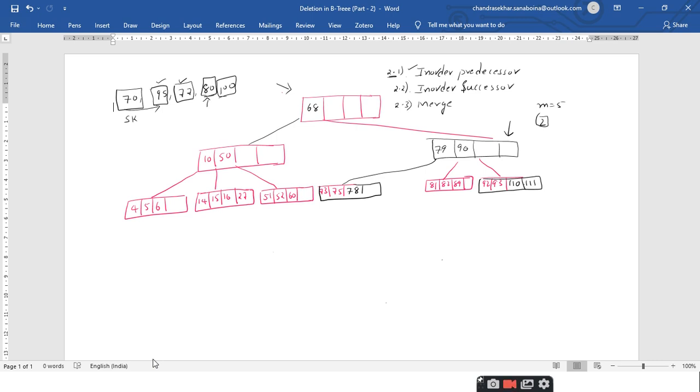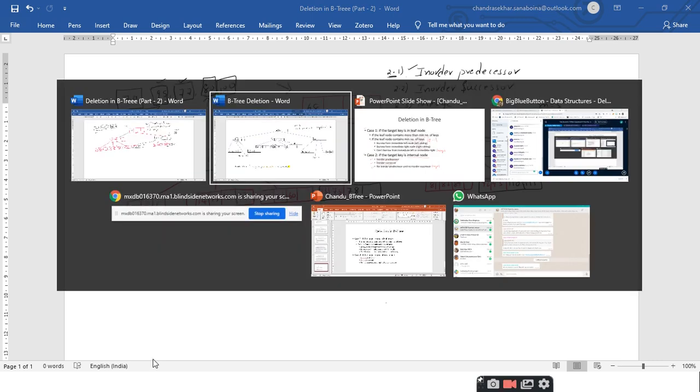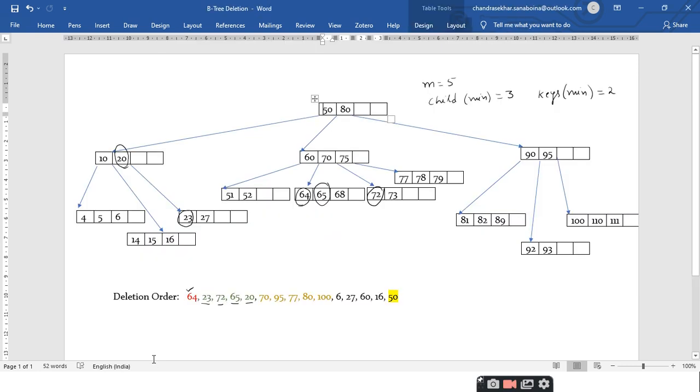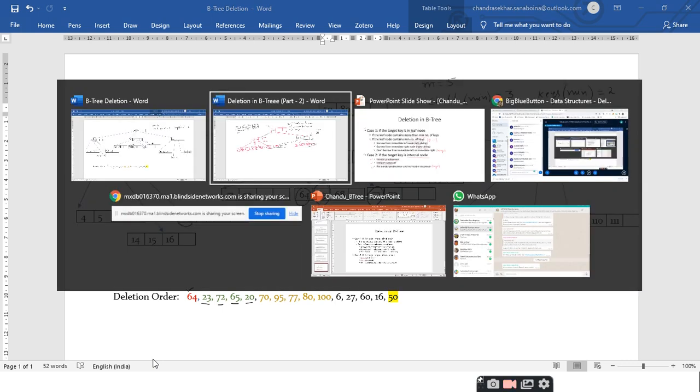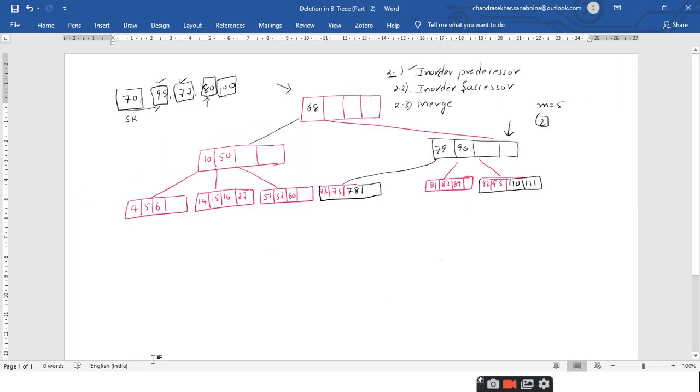Yes, sir. Right. In all the cases we are completed. So this is the end of the deletion of the B tree, but there are some things to explain. Let us go with the deletion of 6, 26, 60, 16 and 50 also. We will see what happens. Why we are going to explain it: what is the next element which I am going to delete?